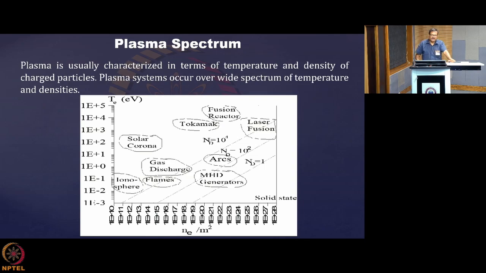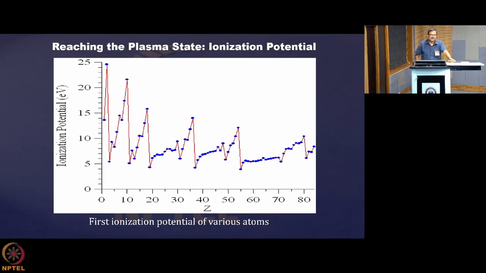So we stop here in this class, and in the next class we will start with the ionization. So how we can ionize and then get the plasma formed, because that will be the basic requirement to get the gas ionized, and how much energy will be required to ionize the gas, that will be a practical concern. So we will start from there in our next class.